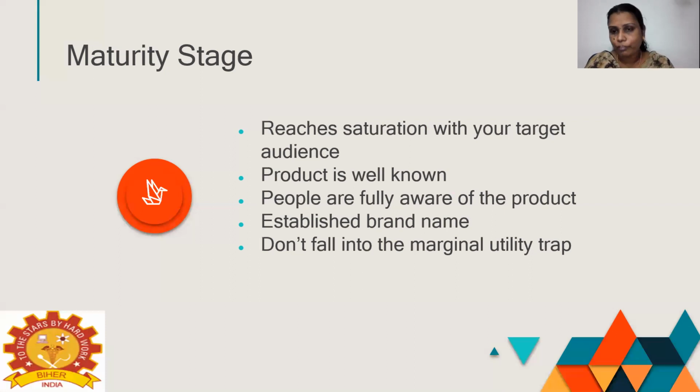Some of the techniques that could be followed: number one is product differentiation. The product has to be differentiated from the rival products. Competition is heavy. So what is competition? Competition is anything that arises out of the actual or potential rival offering, or any substitute product that the customer wishes to buy instead of your product. Therefore, this product differentiation from the rival products has to be ensured in order for the maturity stage to be prolonged. Then the brand image of the product has to be emphasized.